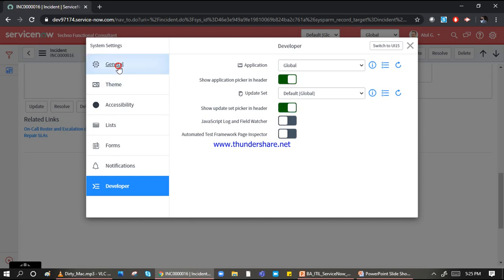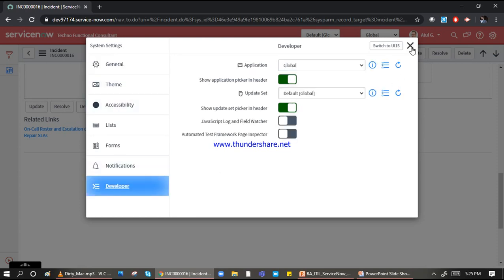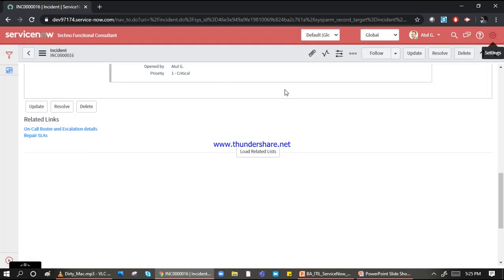One thing which I missed on the journal form is that in this system I don't have domains. Otherwise the domain option would appear here because I did not activate that plugin till now, so it is not coming for me. Otherwise, the same option is available for the domains on this particular header as well. Okay, so this is all about the settings.